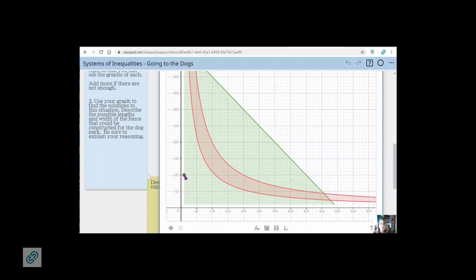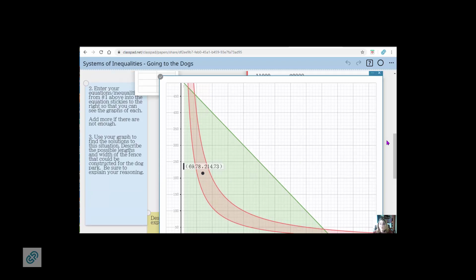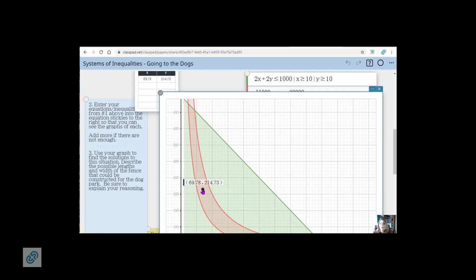And so here's the point, right? It doesn't really matter where I plot it to begin because I'm moving it. So any point within here is going to be a possible solution to the dimensions of that fence. But again, we do have to keep in mind that you can only have the length and width in increments of 10. So here might be a nice size one, a 70 by 200 would work, right? There are lots of possible solutions, and so what they're going to then do is try to describe, you know, the range has to fall between this and this in increments of 10, those types of things. So it's just an application of inequalities that we're doing here in this activity.